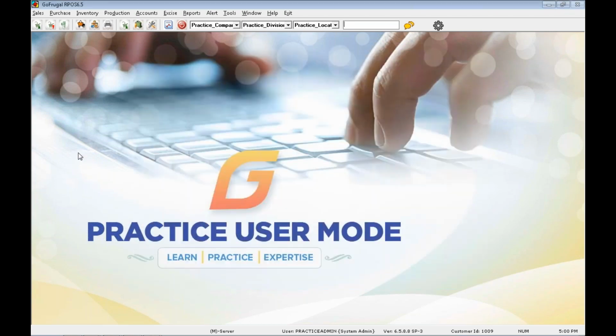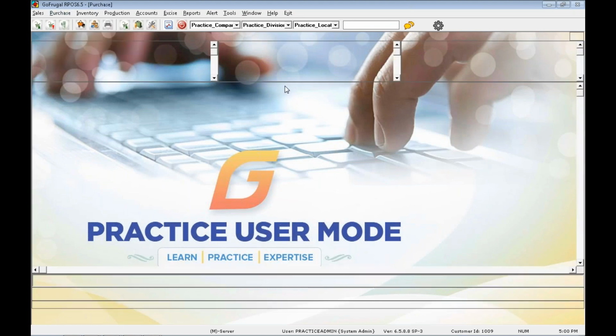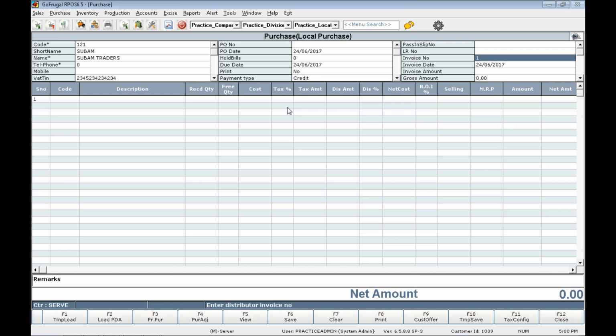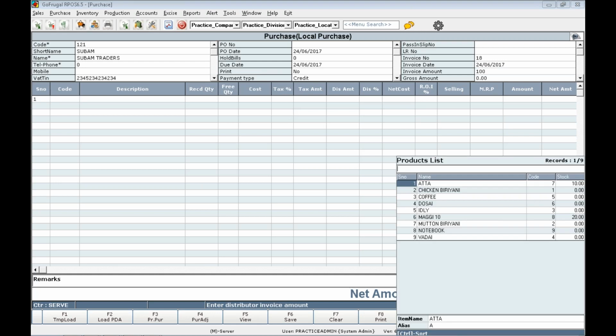Let us do a purchase entry for the supplier and see how it will be posted in the accounts. Go to purchase and purchase entry. Load the supplier Subham Traders, and I am entering the invoice number and invoice amount, and also loading the items.